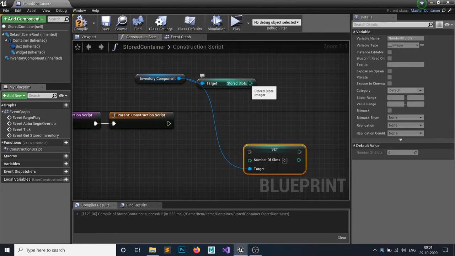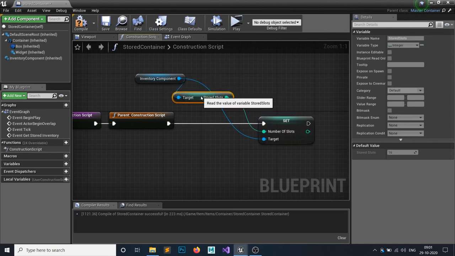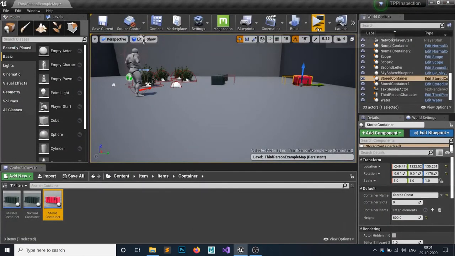So we're gonna need this stored slots to set in our number of slots of our inventory component. So for the current inventory, we're simply gonna store the slots of this one. So this is all for it. So let's see if it's working or not.